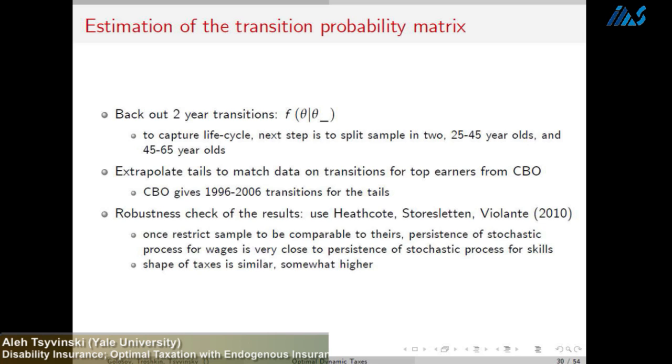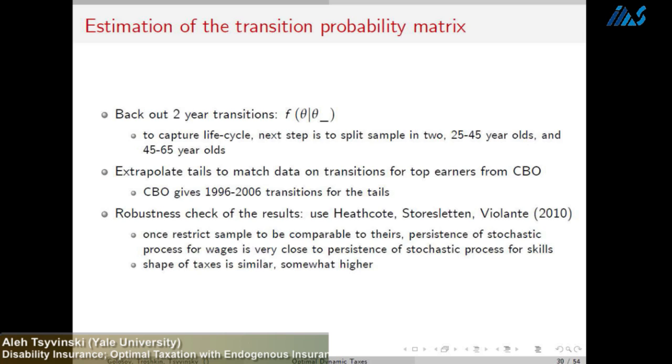Then I split my sample into two groups: one which are 25 to 45-year-olds, and the other one is 45 to 65-year-olds. I assume that the transition probabilities within these two groups are the same for all ages, but different between these two groups. And I estimate the whole conditional probabilities of moving, say, from skill 100,000s to skill 200,000s if you are a young person, 25 to 45, and if you are an old person, 45 to 65. Okay, if you don't like this,